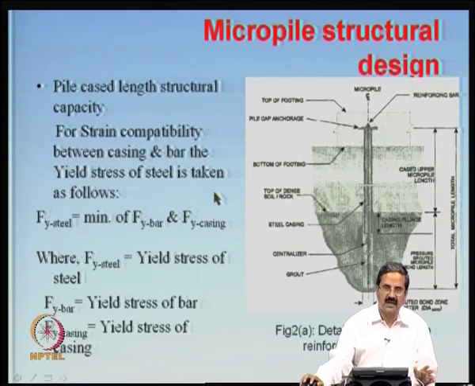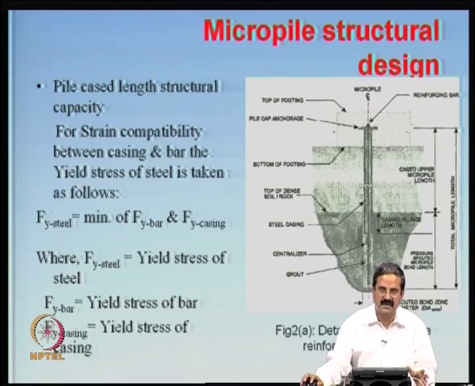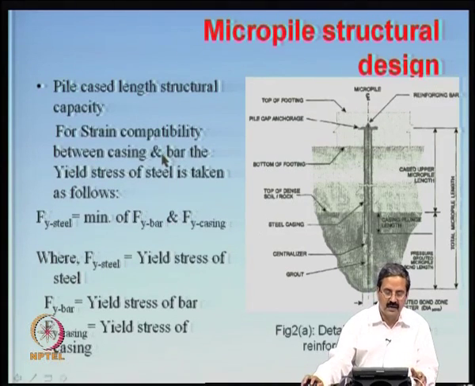So we have to ensure that there is enough friction available, and also the structural capacity is calculated. And how do you calculate the structural capacity? Say, for example,